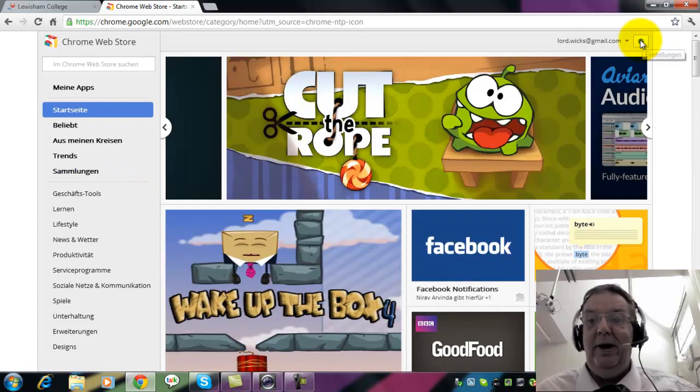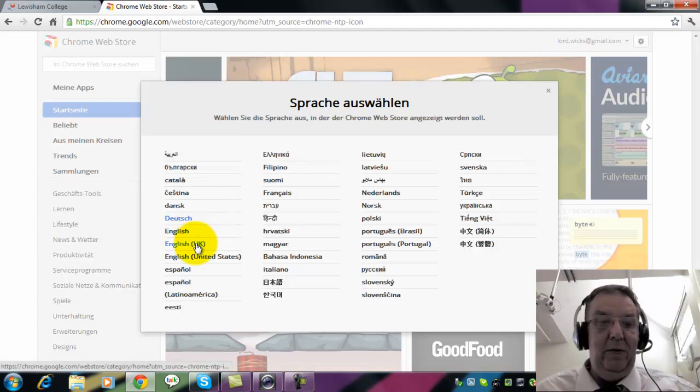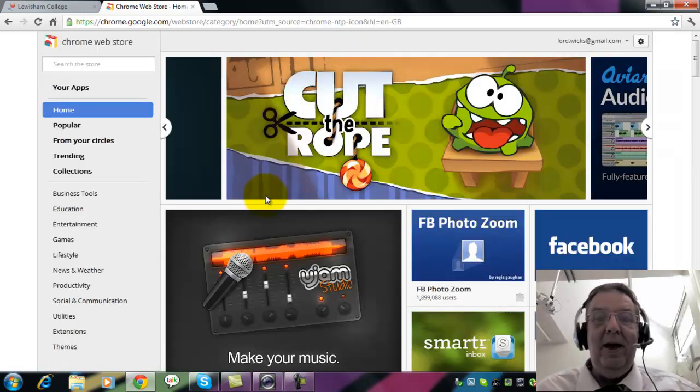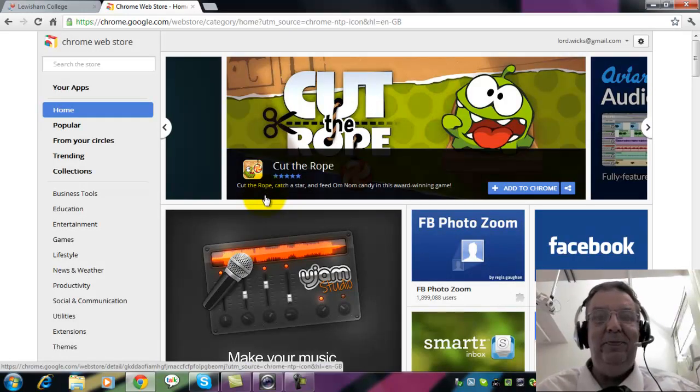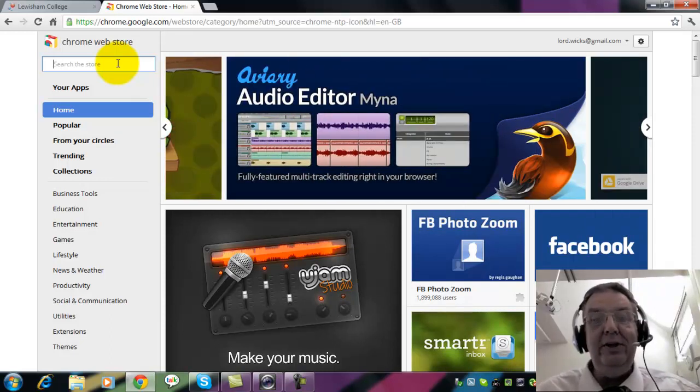Now, for some reason mine comes up in German. Now, that may be alright for you, but my preference is English. And now in the search bar you can type in the name of the app that you're looking for. So for example, the first application we're going to search for is